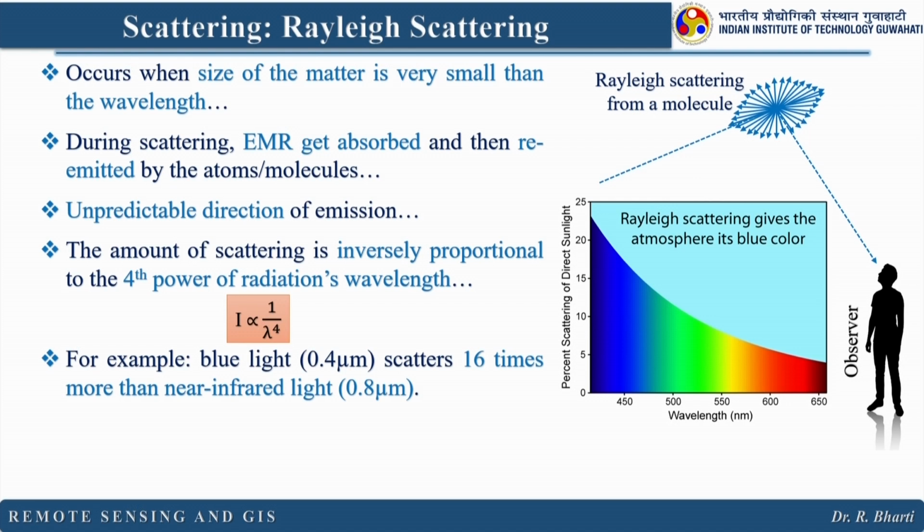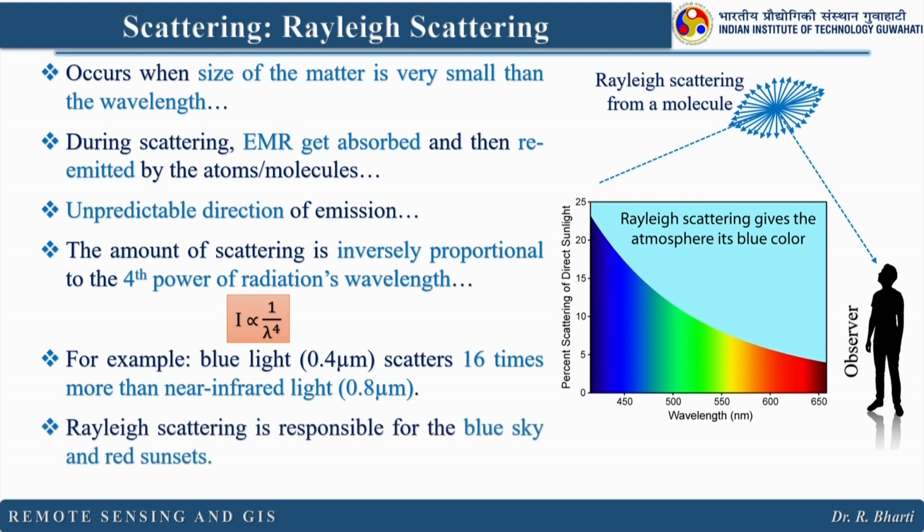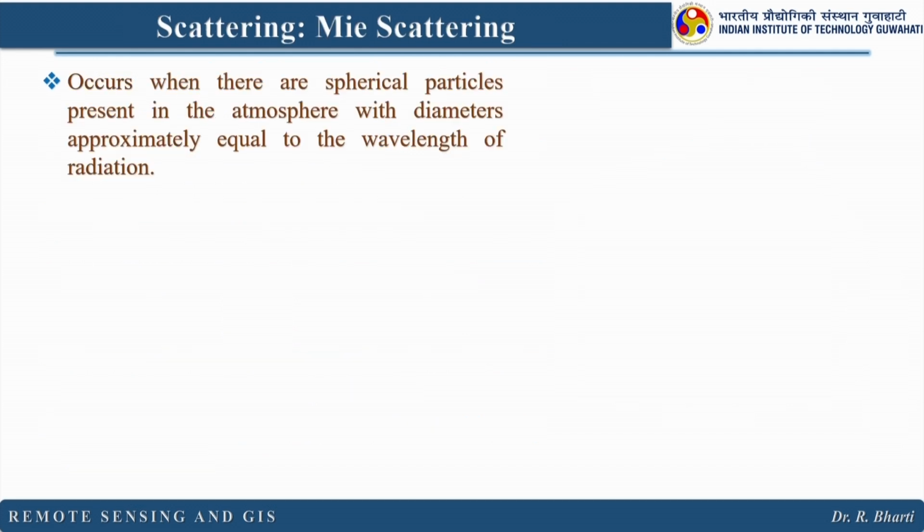And here for example, blue light, which is basically 0.4 to 0.5 micrometer, scatters 16 times more than near infrared light, which is 0.8 micrometer in this case. And Rayleigh scattering is responsible for the blue sky and red sunsets. In Mie scattering,